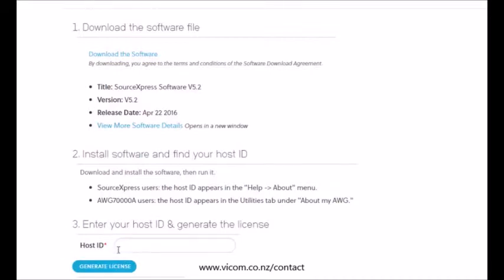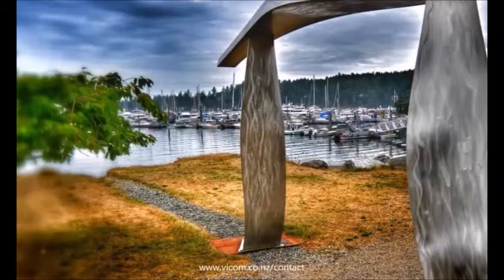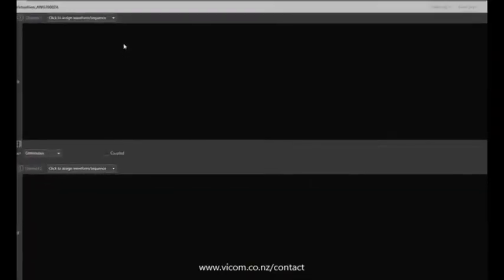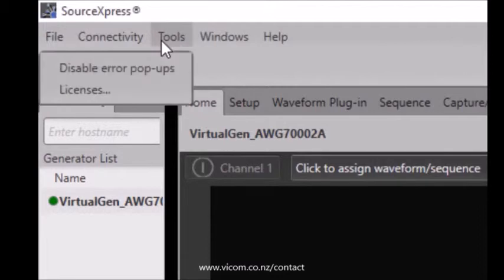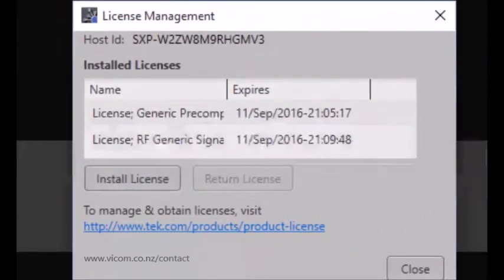Now in order to get your host ID that's required for this field, you would want to actually be running Source Express. One thing I want to mention is when you install the plugins, make sure Source Express is not running. You want to install the software before you run Source Express. So with Source Express running, you go under Tools and Licenses, and you'll see that you have your host ID right here, and you can just highlight the whole host ID and copy it,